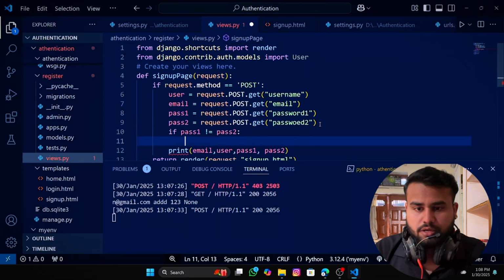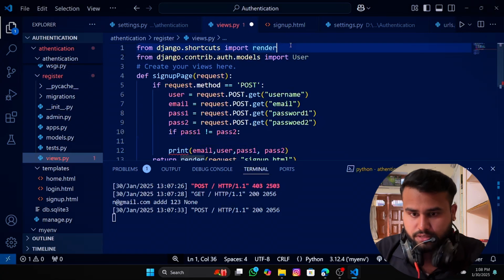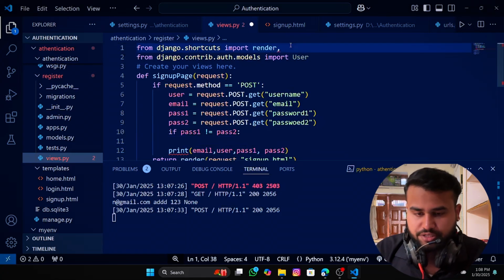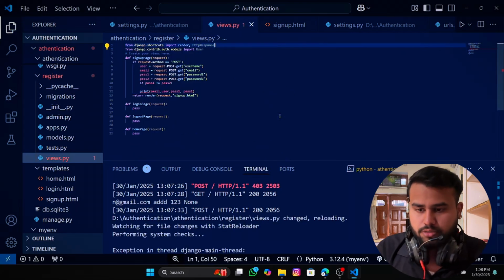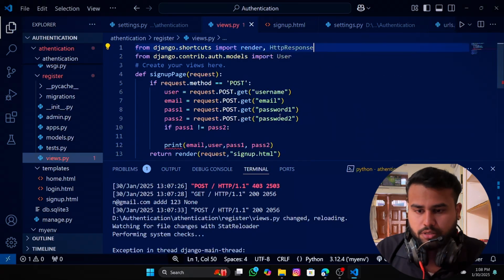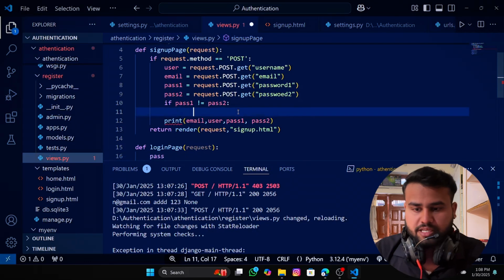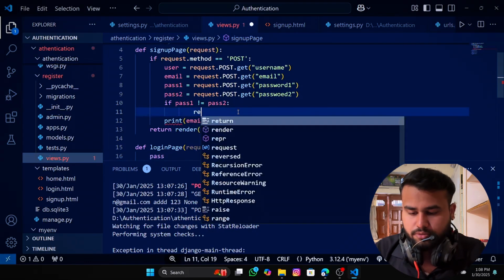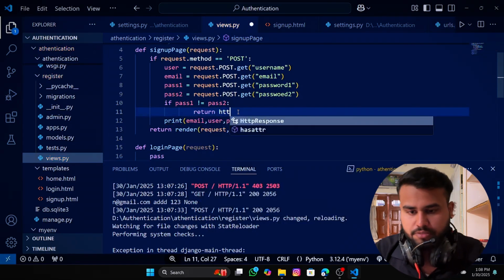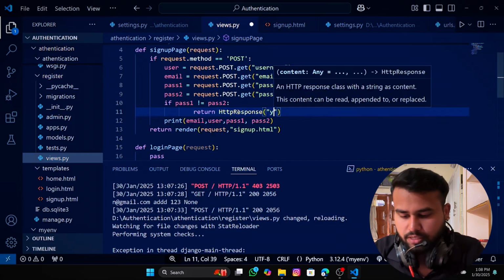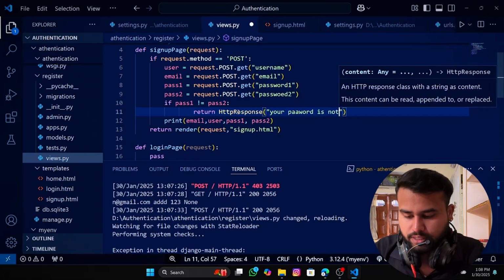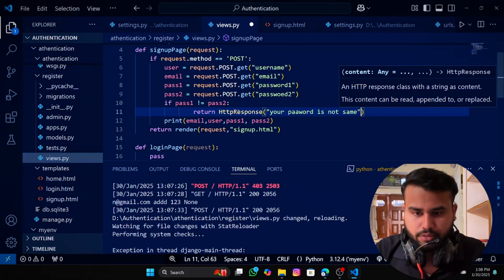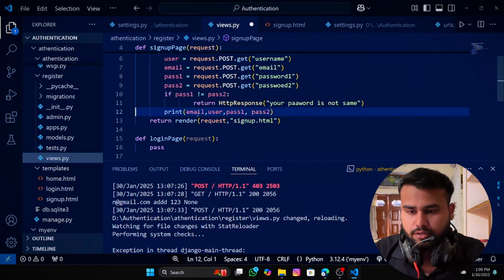We will also import HttpResponse. If the passwords are not the same, then we will return an HttpResponse saying that your password is not the same. Else,